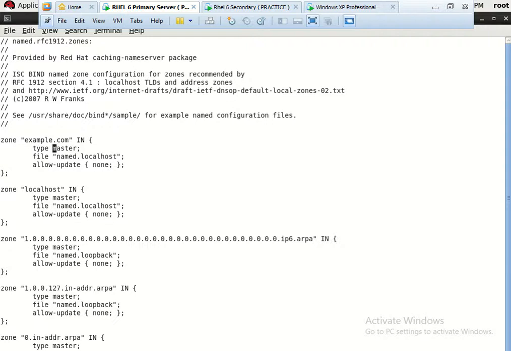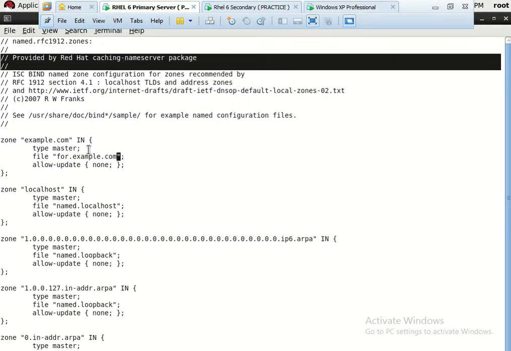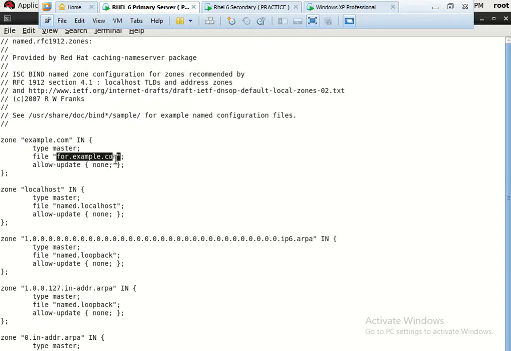This is the master type, meaning our primary type, so there is no change required here. In this option we are using forward.example.com, meaning this primary server will refer to this file for forward name resolution. Allow update will be none. Okay, everything is okay here.